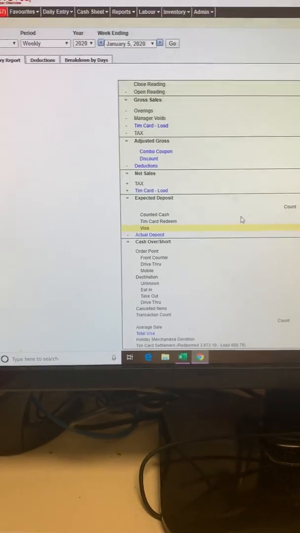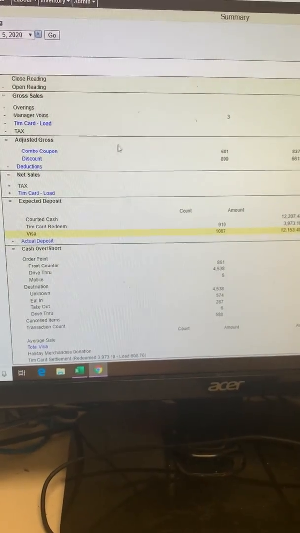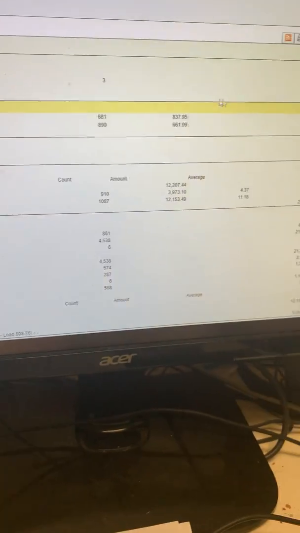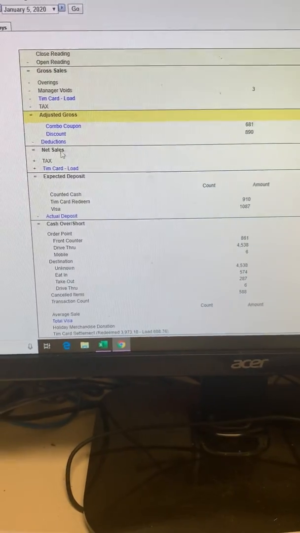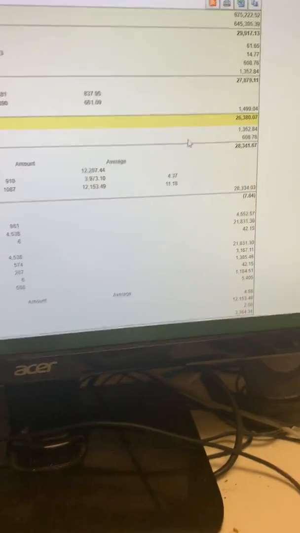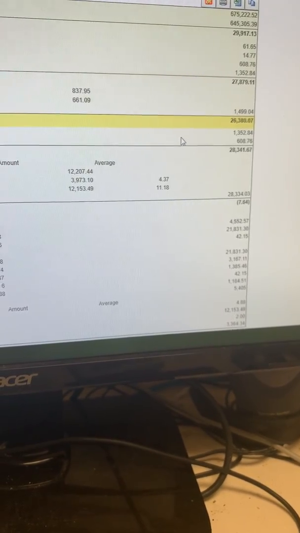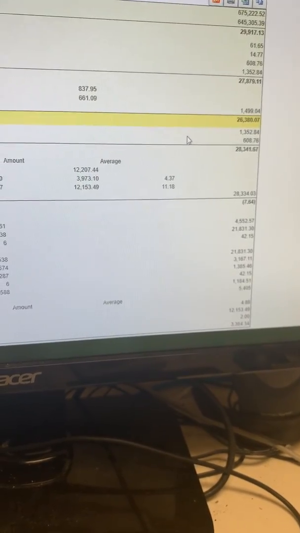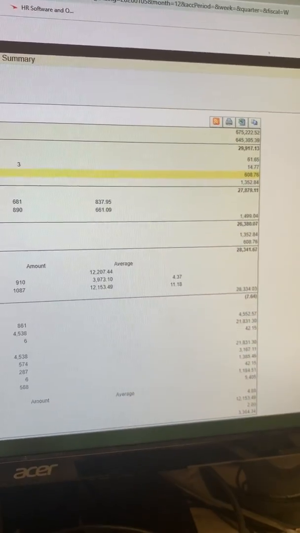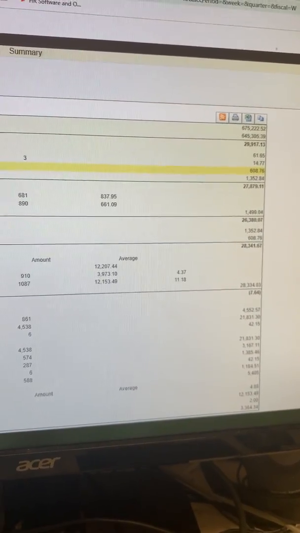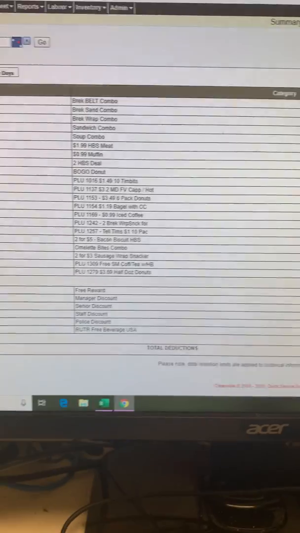Okay, so what we're going to do first is find out our adjusted gross. Now, you are not using what it says here for adjusted gross. To find your adjusted gross, you're going to add your net sales. So my net sales for that week were $26,380.07. You add in your TIM card load, plus $608.76, and then you add in your